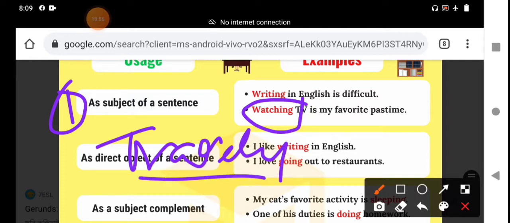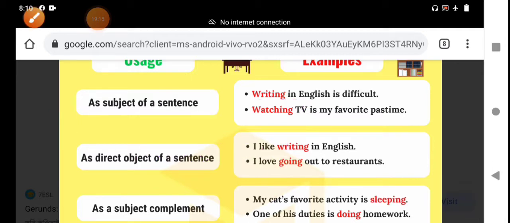Traveling, they have underlined. Which part of speech? We should not put verb, it is a noun. It comes under the parts of speech, class of speech, noun. We should select the part of speech noun. You should understand that thing.